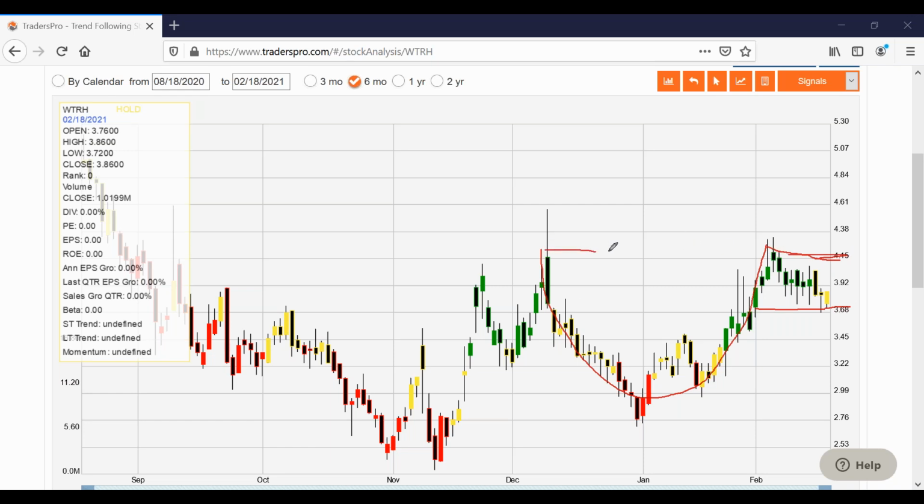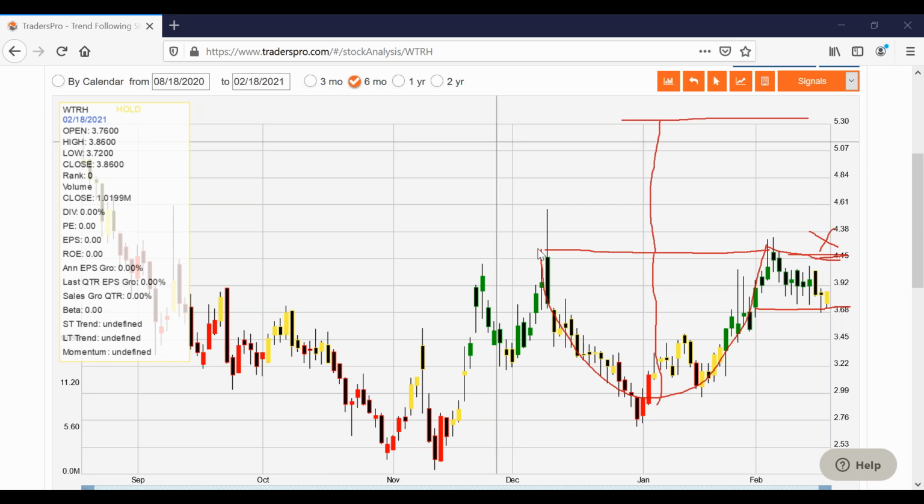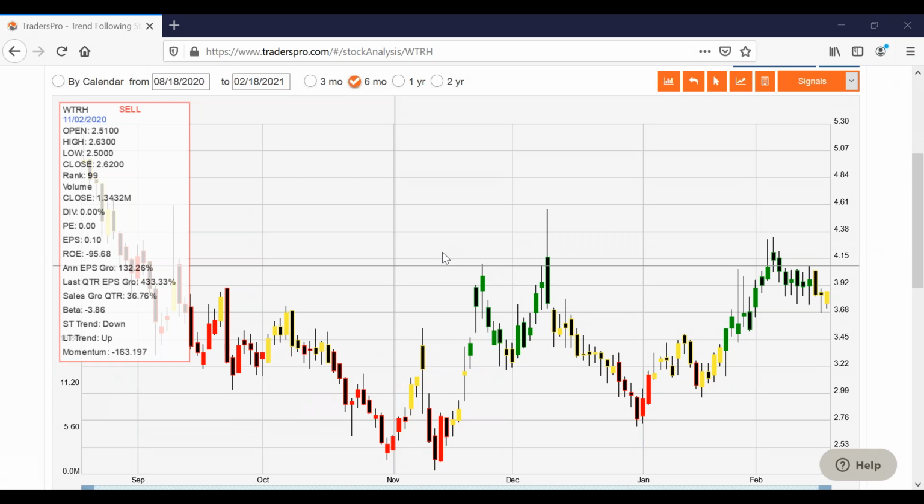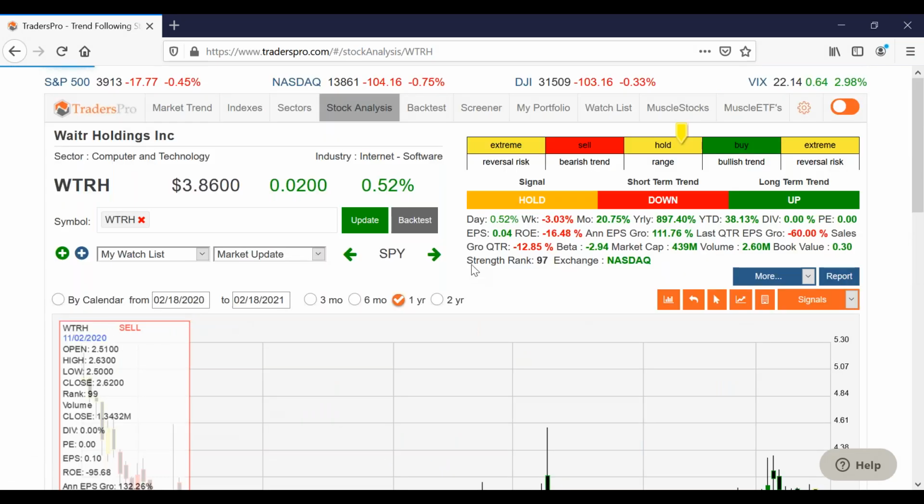Now you could wait for it to break above the bowl. If it breaks above the bowl, it'll have a tendency to go up about the same distance as the top of the bowl to the bottom of the bowl. So yes, this does have potential to have a big move if it breaks out of this range here. And whenever I see that it's been higher in the past back here, I'd like to look at a little bit bigger context